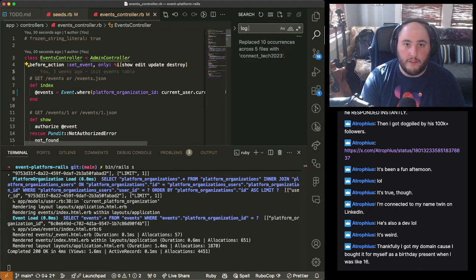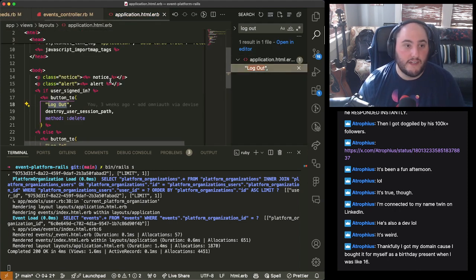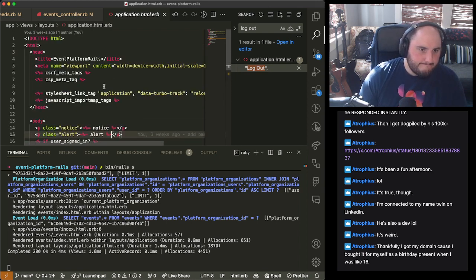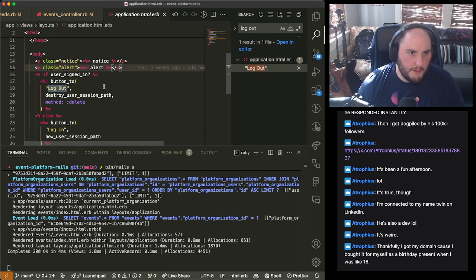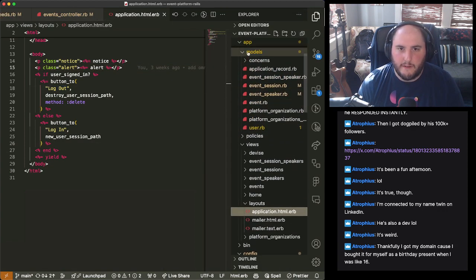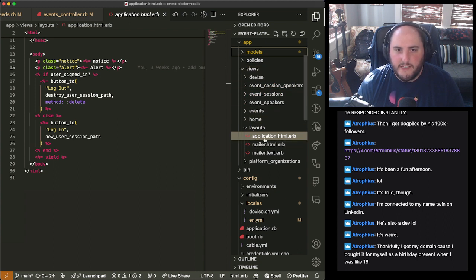First off, we're going to figure out where the logout button is because I have no idea. Okay, it's in our application ERB. And I think this is probably an okay place to put it. I don't love it because we have to assume we're on this page. So let's think of if this is the right place to do it or not. Because it's been a minute since I've done Rails UIs, and this is where my knowledge is getting a little funky. So the application HTML is going to work for all pages here.